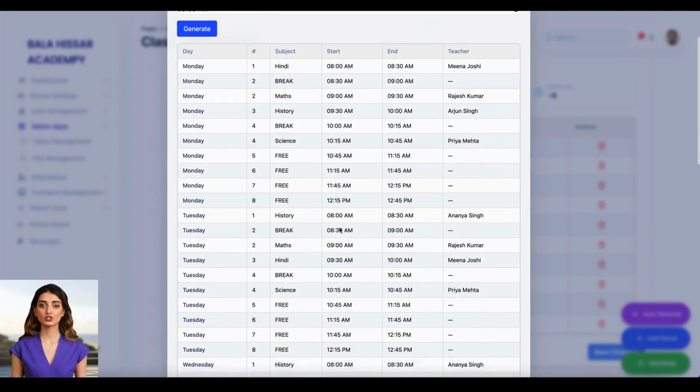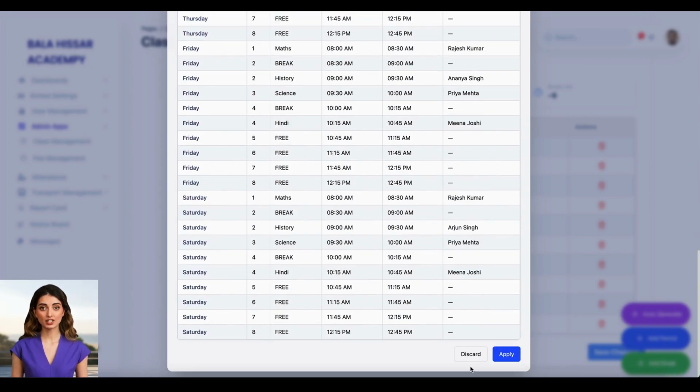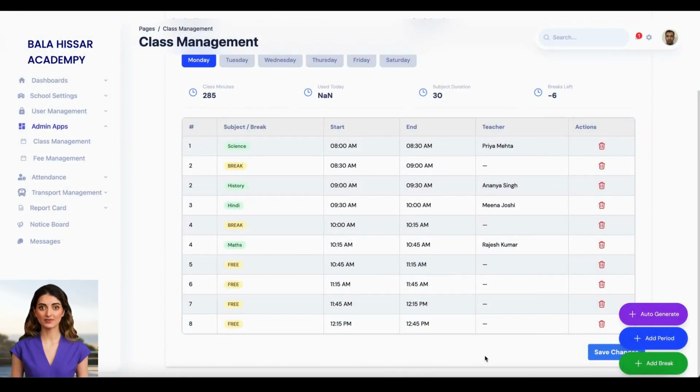We hope this helps in streamlining the process of creating the timetable for each class. As this is a huge manual task that takes a lot of time for school admins,